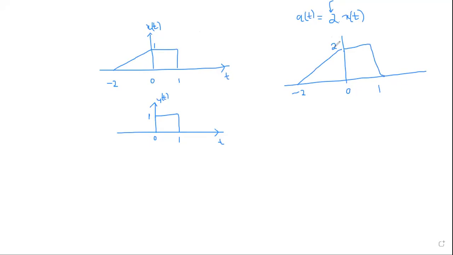If you multiply x of t by 0.5, then what's going to happen? I end up getting 0.5. The x-axis remains unchanged. The duration of the signal was -2 to +1, a width of 3. Here also it is -2 to +1. The width remains the same. This was an example of amplitude scaling. What is an amplitude? See, x is the amplitude, t is time. x is the dependent variable, t is the independent variable. Now let us add these two. Signals can be added.